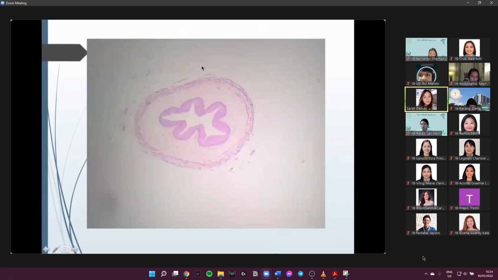Now, this is another view of your ureter. Again, you will see here the star-shaped lumen. We see here again the transitional epithelium, no? Which makes up your lining epithelium. Again, we have a thick lamina propria, followed by your tunica muscularis of 2 sublayers. Again, we said this is supposed to be I-look, no? And the outermost layer is again your tunica adventitia. So ganun lang kasimple, no? Ang discussion natin dito sa ating ureter.